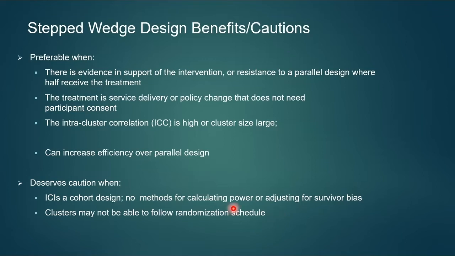And then finally, another reason we might not like a step wedge design is if, say, we could randomize facility 2 to roll over to the intervention at time 3, but what if they can't do it? They may decide they don't want to do it, or they may decide it's really too hard, they don't have the human resources, and they really want to wait till time 4. So if we're going to have these kinds of issues of the randomization groups in the step wedge design not being compliant with their randomization assignment, the step wedge design might not be a good option.